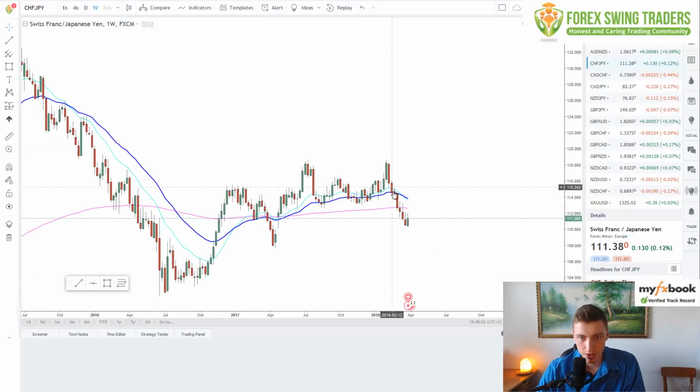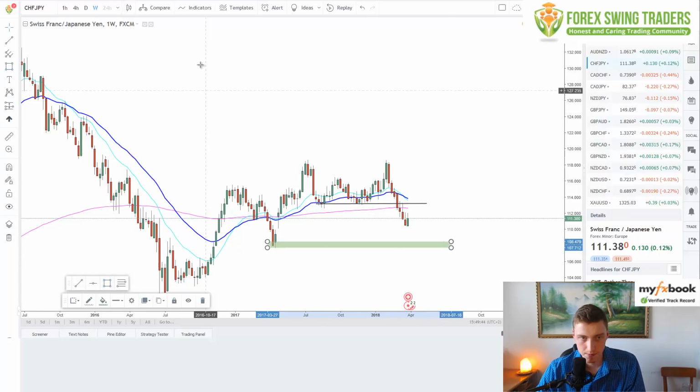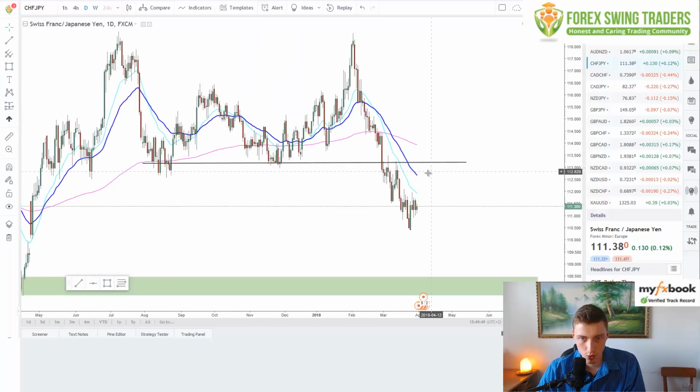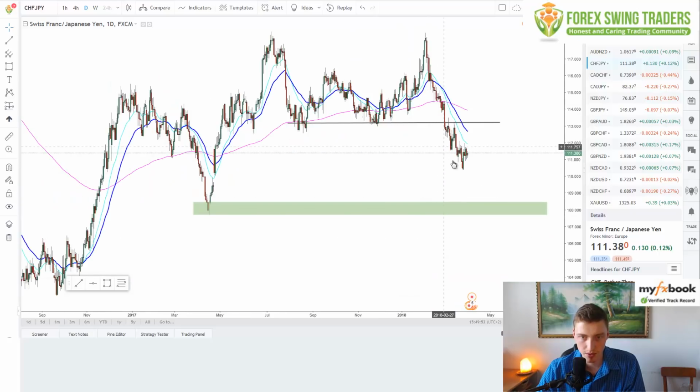We've got a very strong weekly impulse leg, breaking this support. Okay, this support was broken, and the next support is these lows. All right, weekly support. But on a daily time frame, we can see that price is making lower highs, so this might be even a lower time frame. We should do a lower time frame analysis,